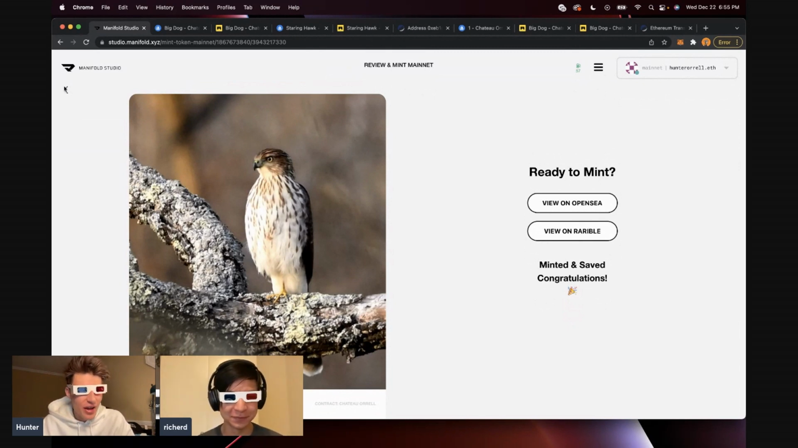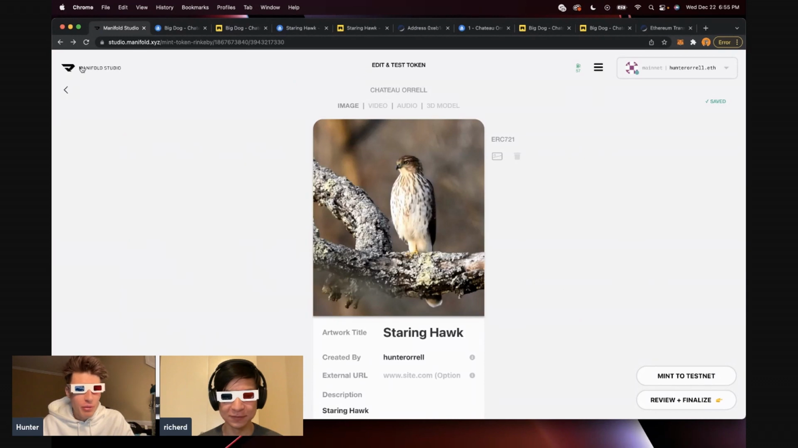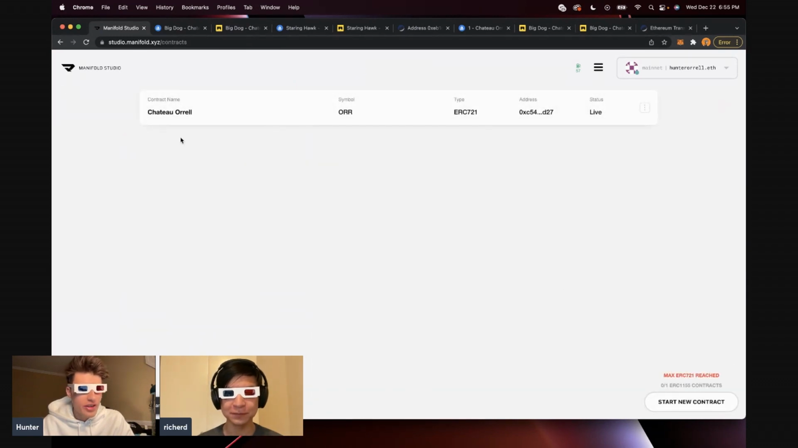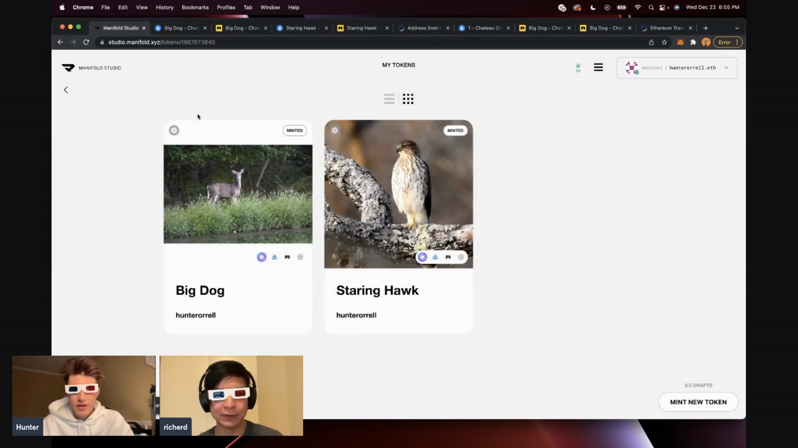Is there anything else that we need to go over? I feel like we've been pretty thorough on this. Set the name, symbol, token type, mainnet, testnet, minting properties, airdrops. Is there anything else that we're missing here? So the only other thing I would tell people to do if they're minting their own tokens is